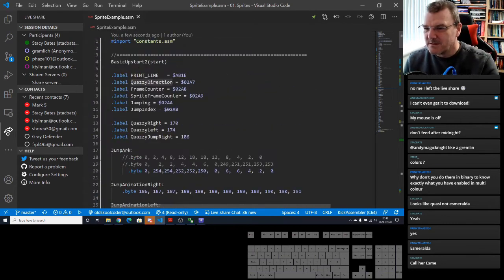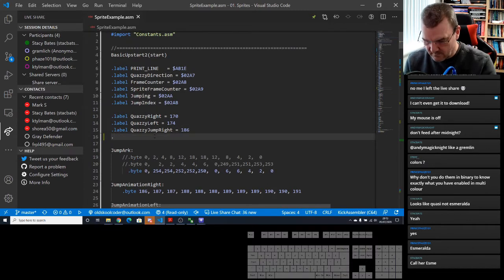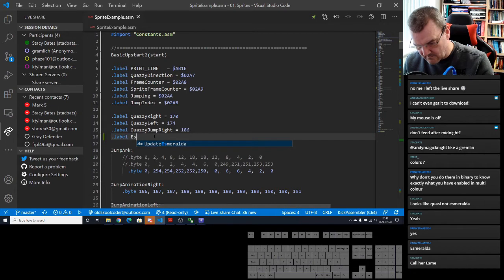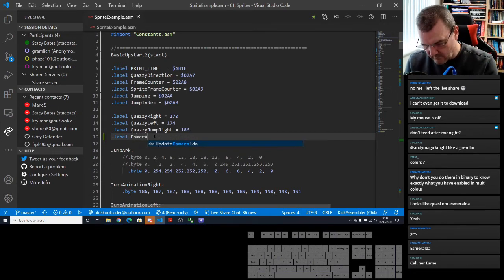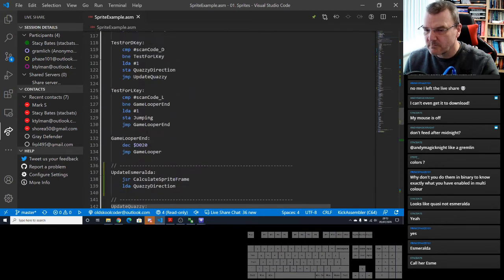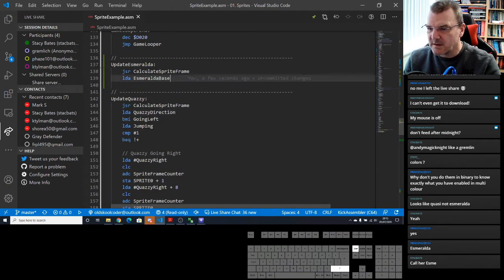So a base sprite. We'll create another one. And we said it was 210, didn't we? So that's the base sprite. We've calculated the sprite frame. So we basically do this here.